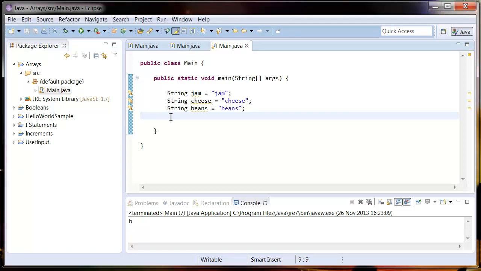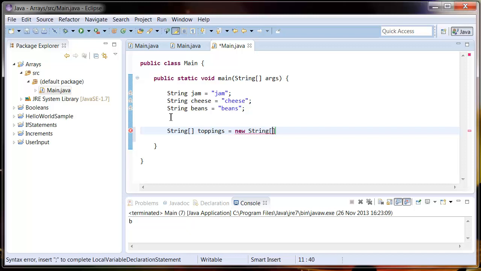What we're going to do here is create an array of my favourite toast toppings by writing String square brackets, which just means an array of strings. I'm going to call it toppings, and now we're going to initialize it by saying new String square brackets, and then we have to put a number in here which says how big our array is going to be. So we're going to say 3, which means we have 3 slots that we can fill with different types of